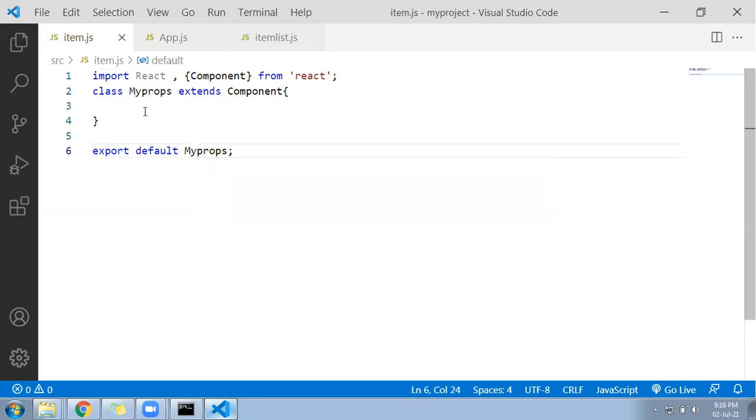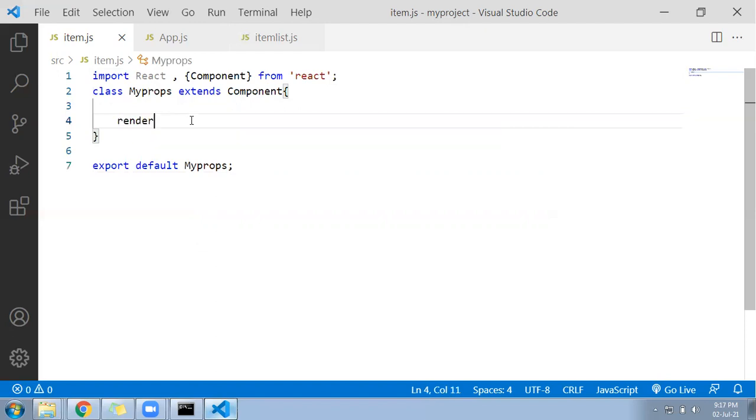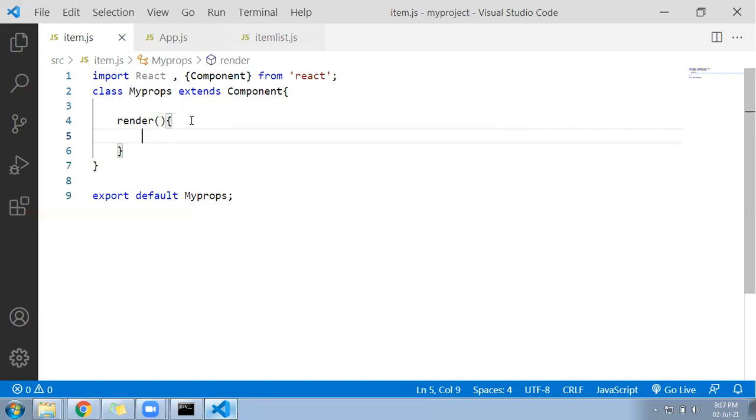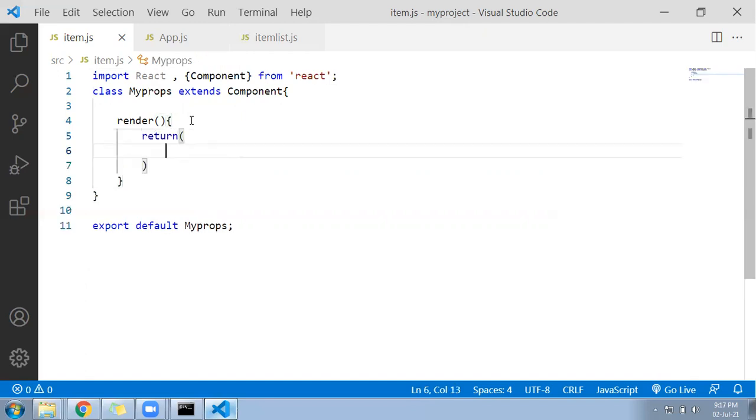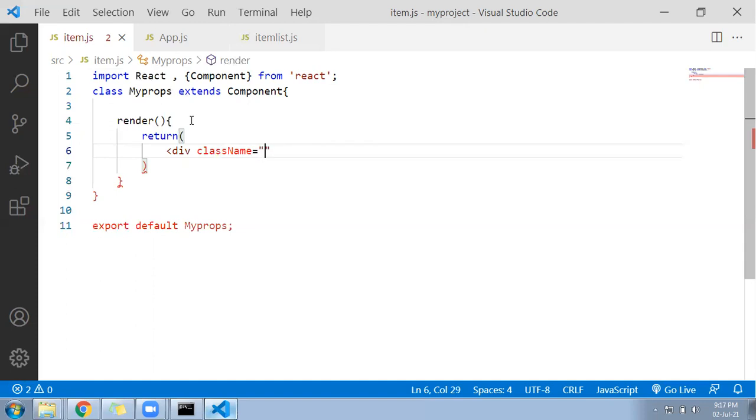Right, so that's it, till here is done. Now let me go inside this and keep a render function. Since my project is based on Bootstrap, I will write here a div with the className called container.